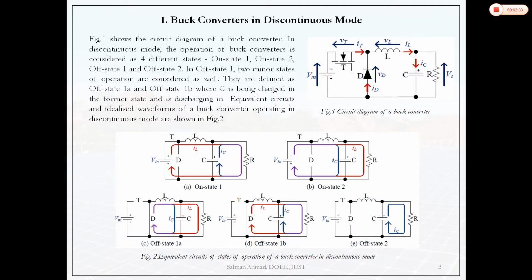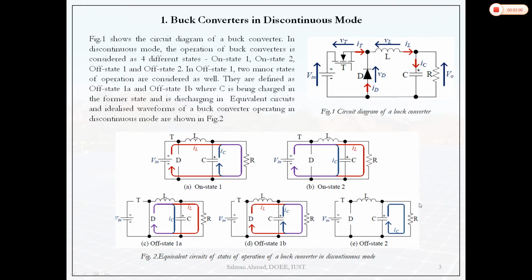So as we have seen, this is the general buck converter configuration. Okay, so in continuous conduction mode we have seen that we were having two on states and two off states. In discontinuous conduction mode we will have one additional state, that is when both the transistor and the diode are turned off. Okay, they are open circuited. So this is the additional state. Remaining four states are similar to that of the continuous conduction mode.